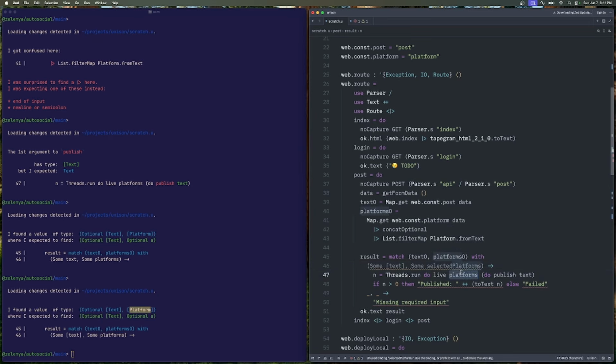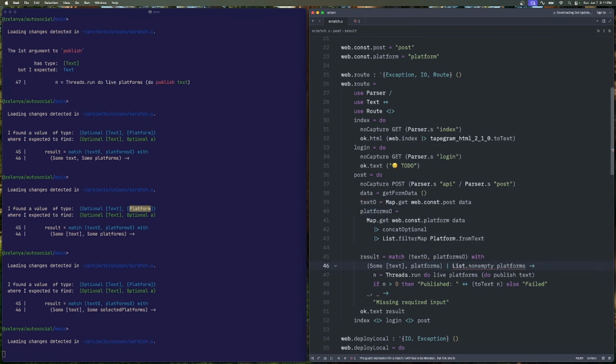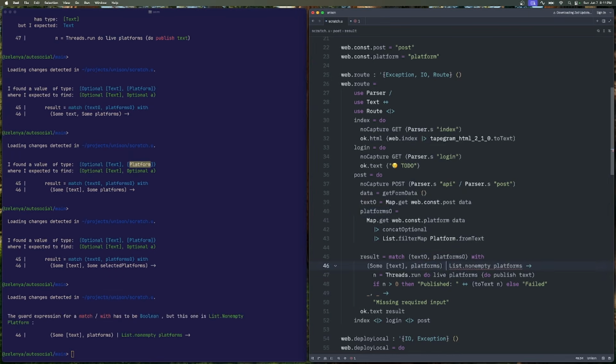If we do this, it should work. No? Okay. Oh, this is a list array. We don't need to pattern match here because we already did this. This is, sorry, let me bind them. This is already platforms. We just need to make sure the list is not empty. I'm not sure, can you do it? If